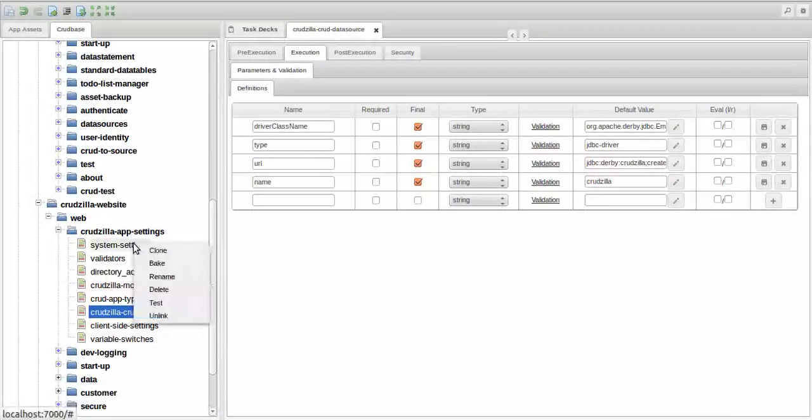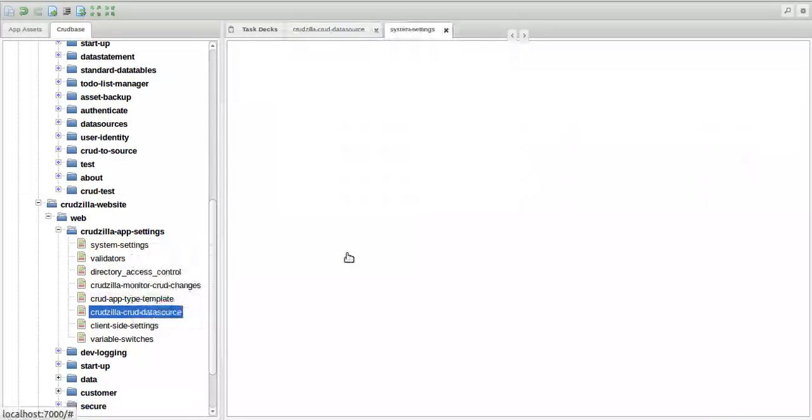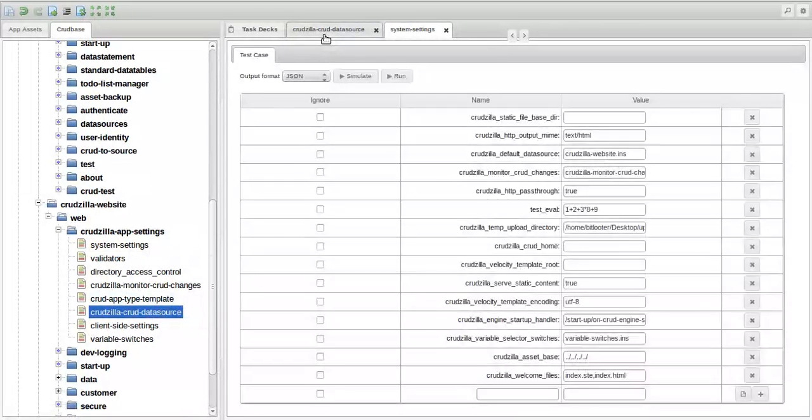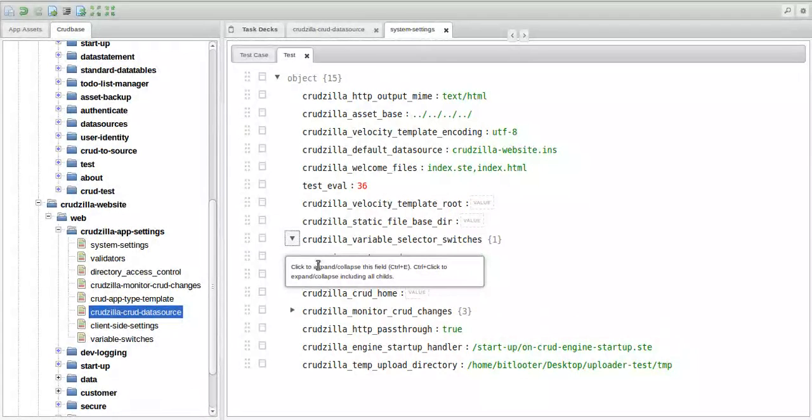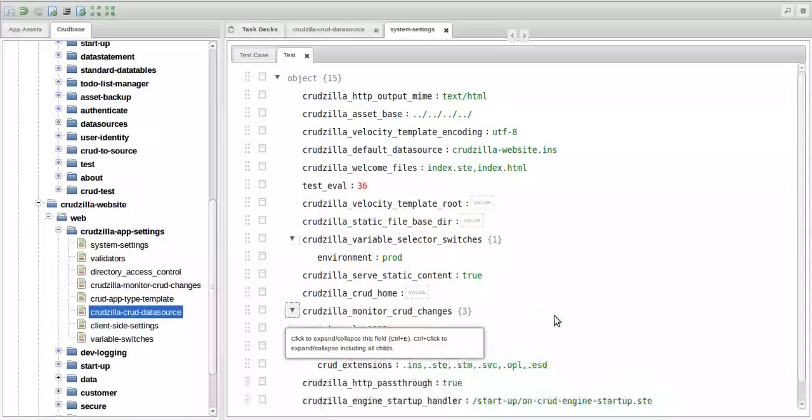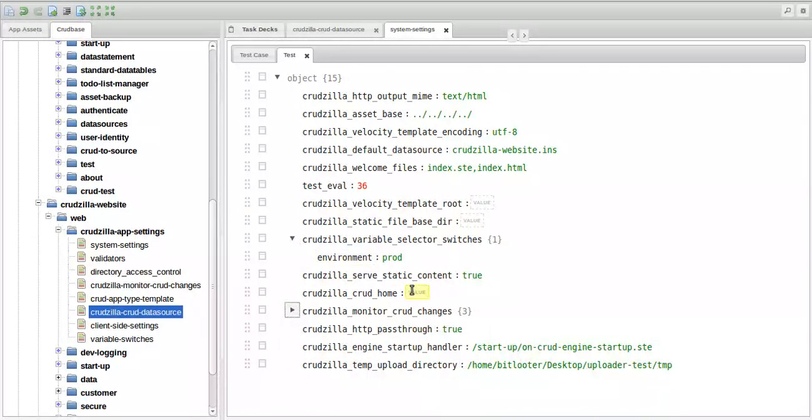So right now we're looking at one instantiator. Let's look at another one that actually calls other CRUDs. We're looking at a single level instantiator with the data source. But here's a system setting example which actually invokes other CRUDs. In other words, it calls other instantiator types, so you can get a composed object. Here you see it called this other CRUD, which has its own property called environment. It called this second one here called another CRUD, which has different properties: interval, enable, extension. So you can create any level of nesting in the object structure